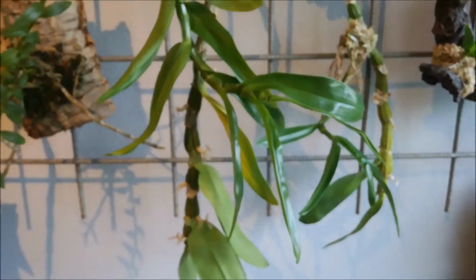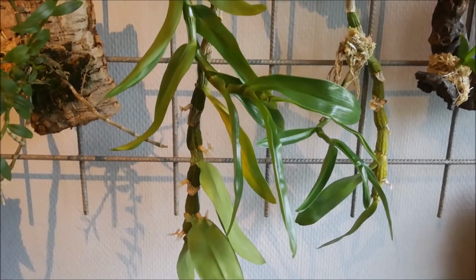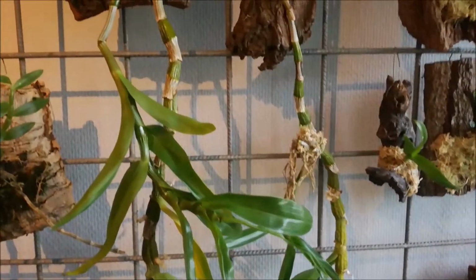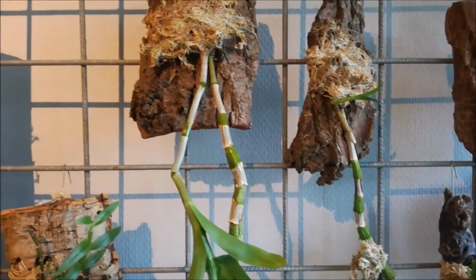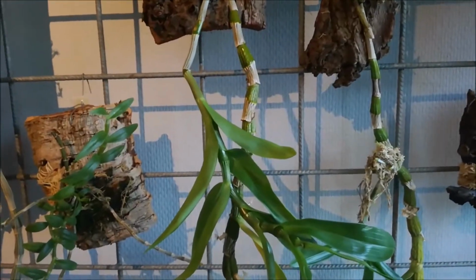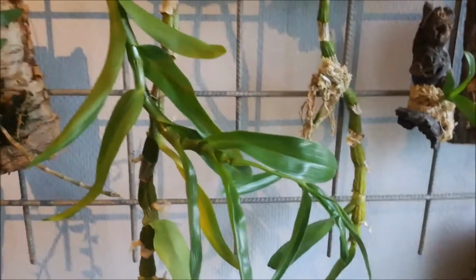This is also in nobile star class, and that one is the same one, fell apart in 2 pieces, making new growth and roots because it's still nice hydrating. Yeah, it's a little too young for nubbins, so